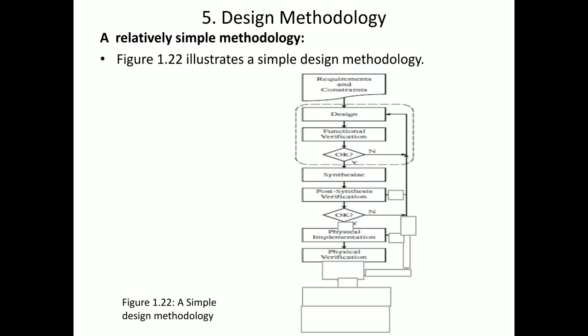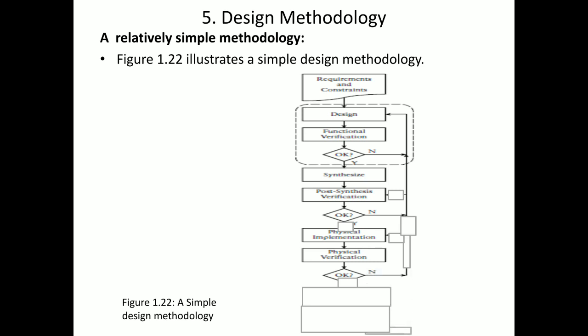Once the physical design stage has been verified at the physical verification stage, if it is not passed, we will go back to the physical design stage and try to redo it. Else we will go back to the synthesis stage and try to resynthesize. If resynthesis also is not giving an optimized result, we will go back to the redesigning stage. If the physical verification shows that the physical implementation is correct, then we will move to the next stage.